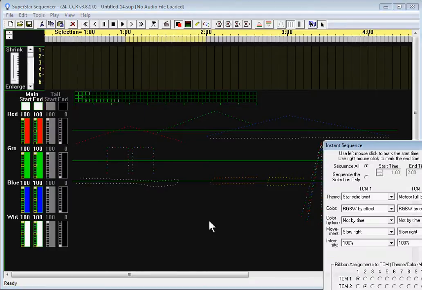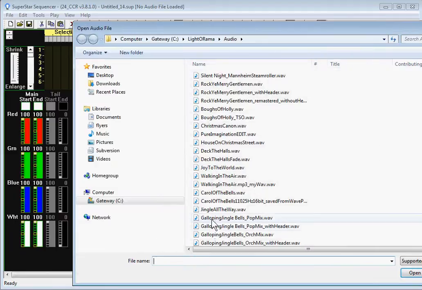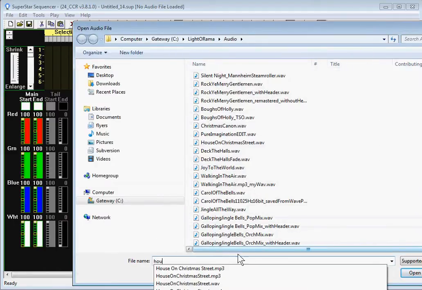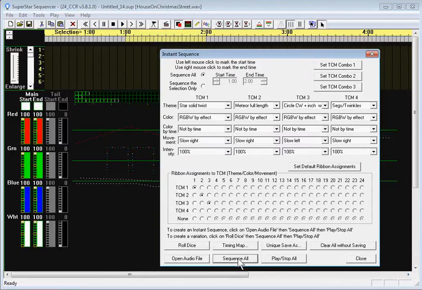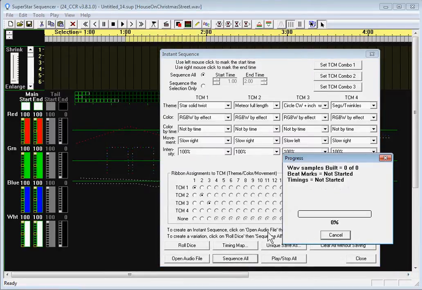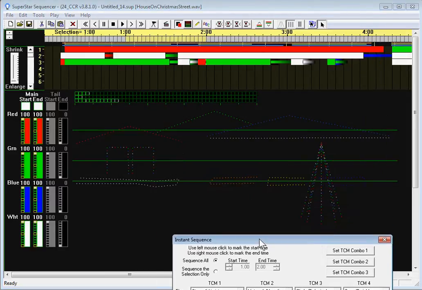We click on Tools, Instant Sequence, and we can just use the defaults. Open an audio file. I'm going to use House on Christmas Street. We say Sequence All. It's analyzing the audio file and defining all the trigger points right now, and now it's actually creating the effects. When it's done, it puts those effects up at the top here, and